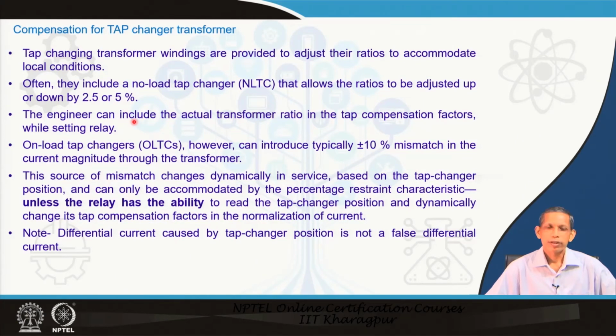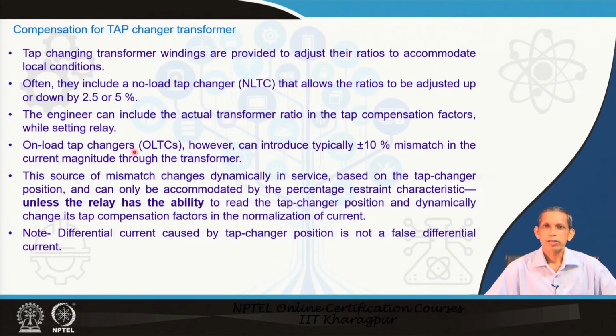Now, the point is that this is at no load. So, if the corresponding tap changing is already done and accommodated in the setting N1 is to N2, and accordingly the corresponding rated current is calculated and taken care of in this setting, no problem. If it is not taken care of, then the differential current will be there. If differential current will be there for normal situation also, then the pickup current has to be more or the corresponding M1 slope has to be more. That has to be addressed properly, otherwise there will be a false trip in the system.